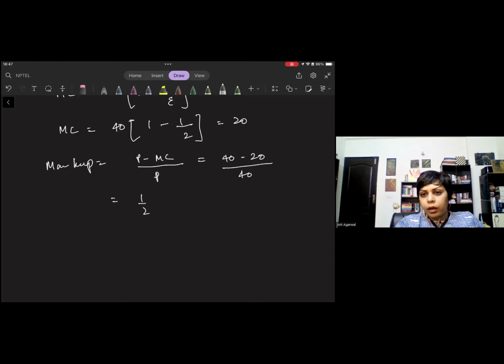I have some doubt. If mod E is greater than 1 and P increases, what will happen to total revenue? Will it increase or decrease? Okay, I'll have to draw the diagram for that. I think I had explained this earlier also. It's similar in the case of a monopolist also.